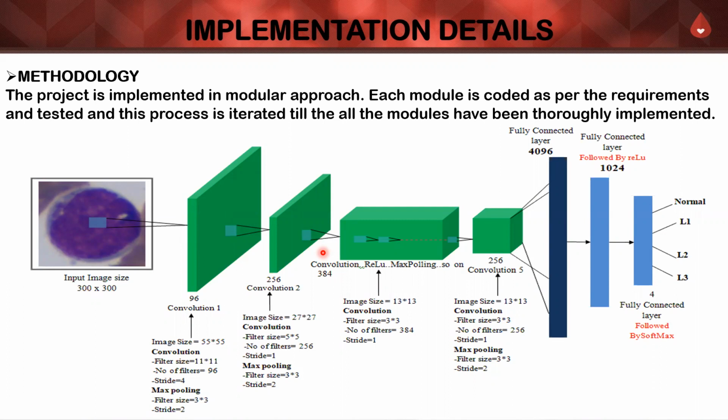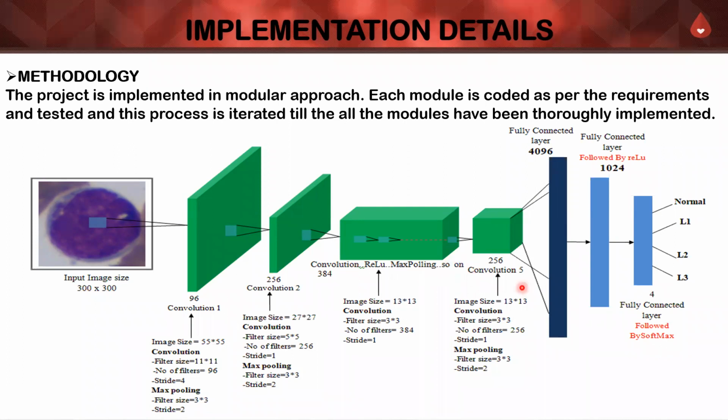Then the max pool layer, where pooling layers are used to reduce the dimension of the feature maps, which makes our model more robust to variation in the position of features in the input image. There are two types of pooling layer: max pooling and average pooling. In our project, we are using max pooling, which selects the maximum element from the region of the feature map covered by the filter. The output after the max pooling layer would be a feature map containing the most prominent features.